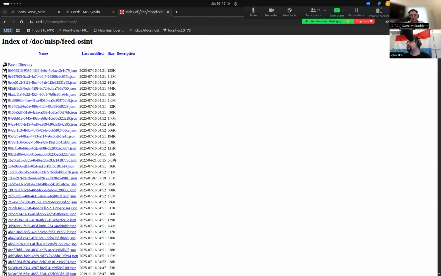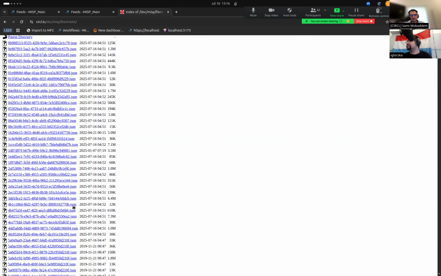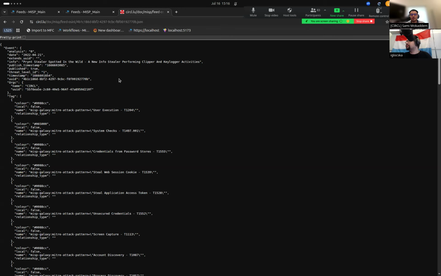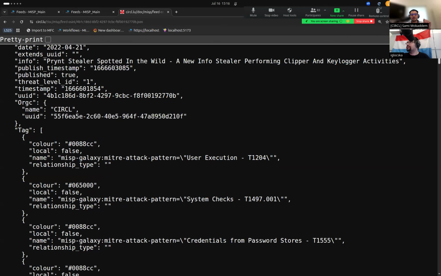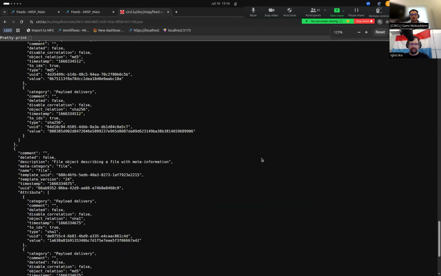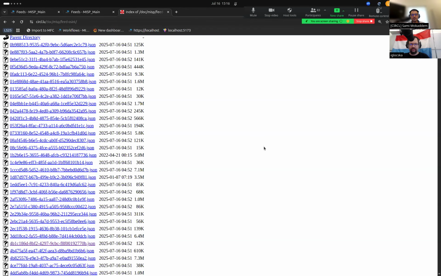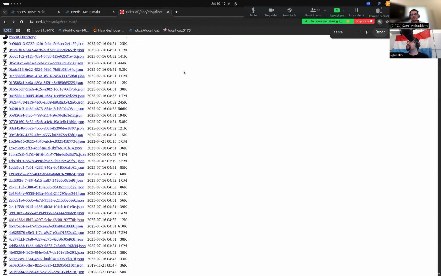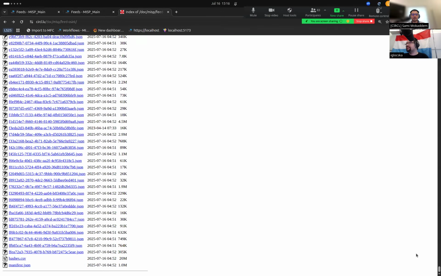Let's try to take a really small one. Maybe this one, 12K. When you explore it, you can see it's really like what you have when you're using the API. It's simply the information of the event, where you have all the attributes, objects, and metadata linked to your event. So basically, you have one event per file. And if we scroll all the way down,